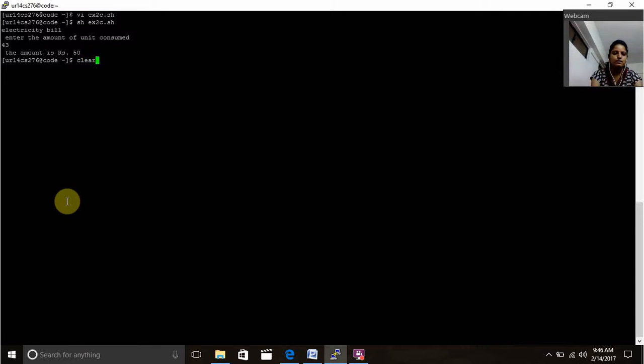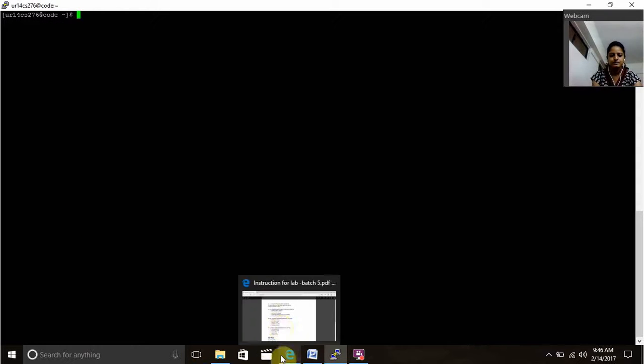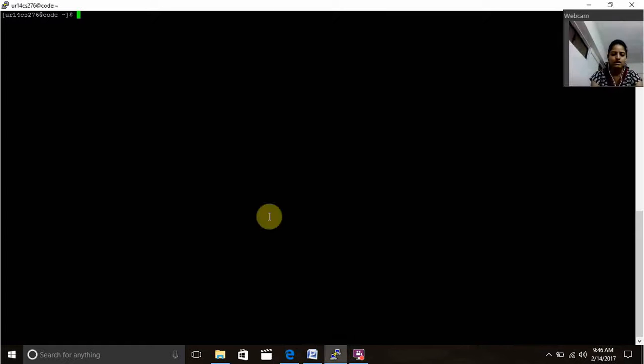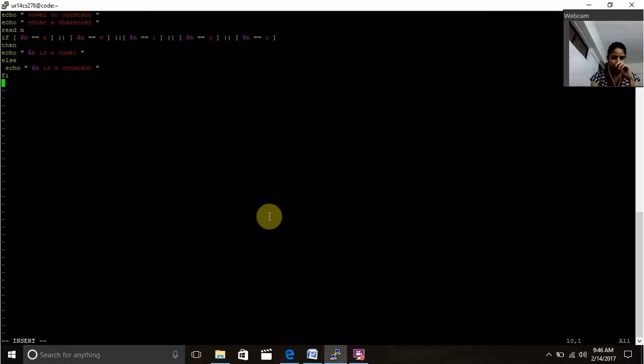My next program is to find whether the given alphabet is a vowel or consonant. I'm asking the user to enter the character. We know the vowels are A, E, I, O, U. Whichever character is entered by the user, if it is not equal to A, E, I, O, U, then it will be a consonant. If it is any of A, E, I, O, U, then it will be a vowel. So when we run this program,